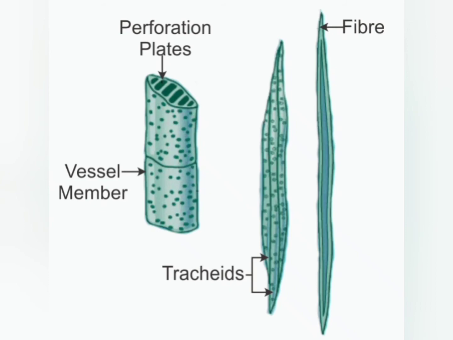They are long tubular dead cells with lignified walls. Lignified wall means the wall which is composed of lignin. Wide lumen and tapering ends you can see. Trachea possesses various types of thickenings for mechanical strength. The unthickened areas help in movement of water from one trachea to another. So you can see this is a long tubular structure.